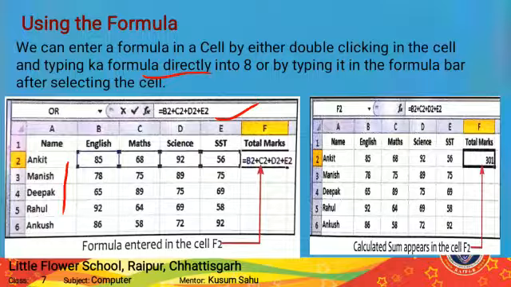So if we calculate the total marks of these subjects, what will we do? We will just select the given cell and write the formula here. If we want the total only, we will use the addition formula, because here we will calculate the total. So for the total we will use the plus sign, and after that we have to write the address of the cell.